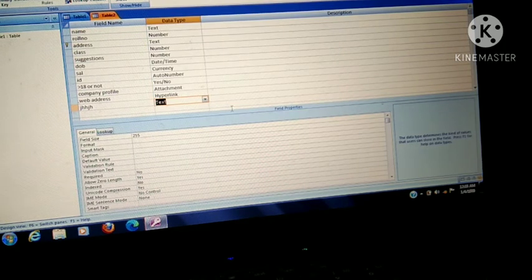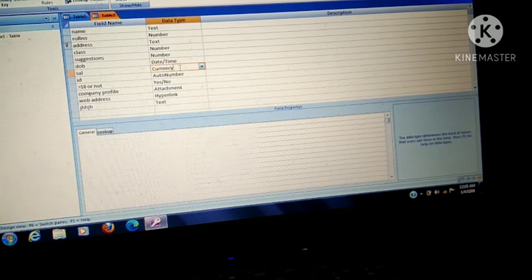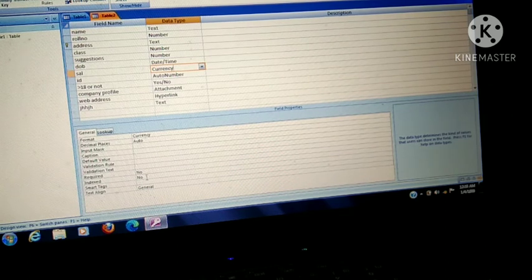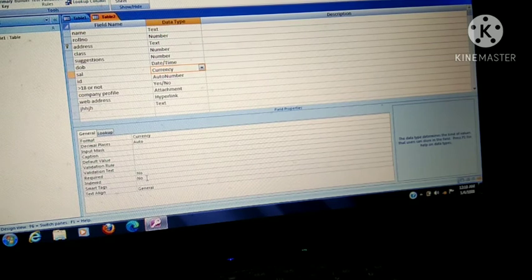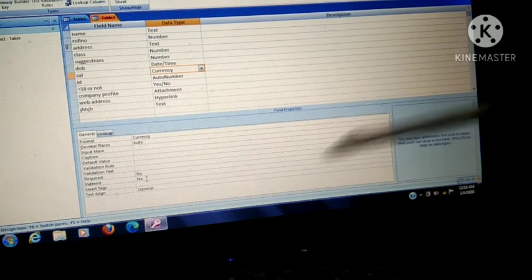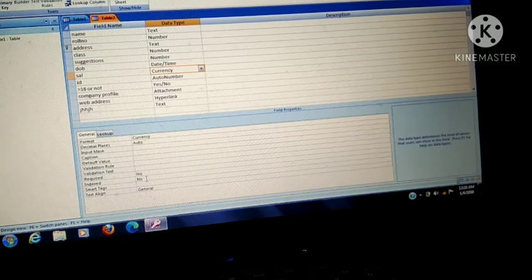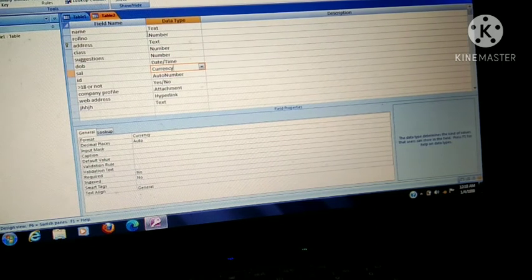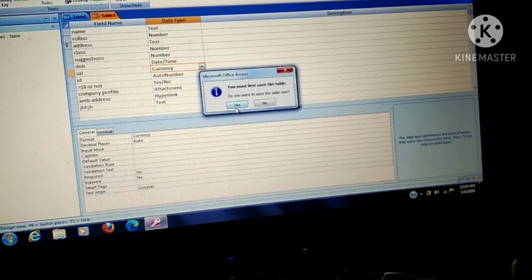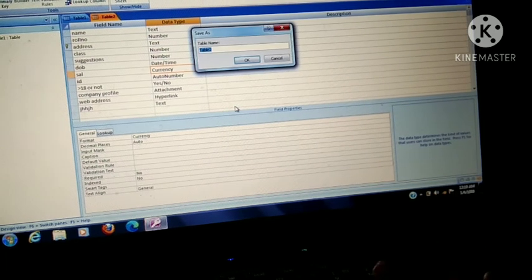Okay, so these are the data types, and here in the design tab you will see so many properties associated with this. Meaning in the design tab, when you are creating a table, when you are creating a field, at that time you have this option that you can set these properties also. That we will cover later on. Now our table is created, the design is completed. Now we are saving this table, first by clicking on save, table number 2. Okay,